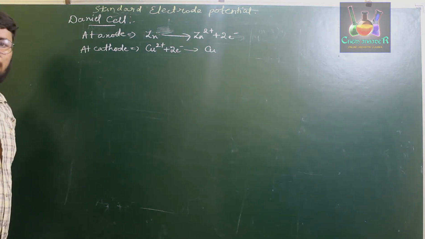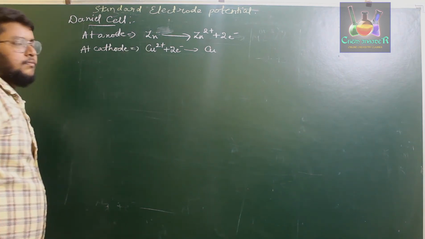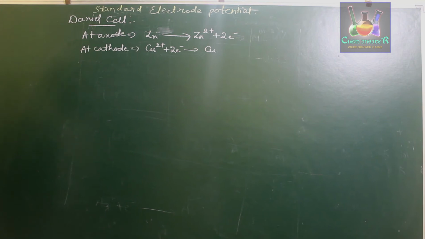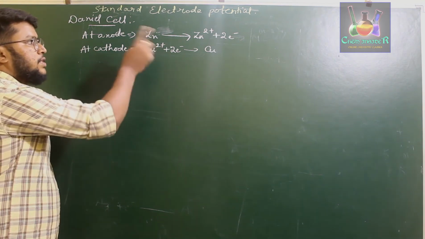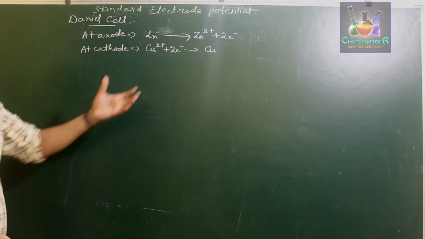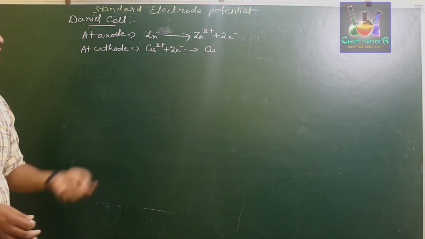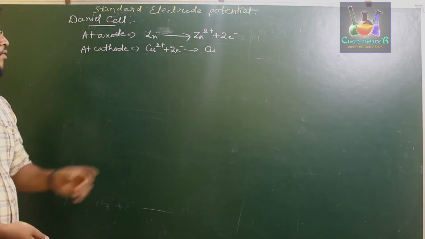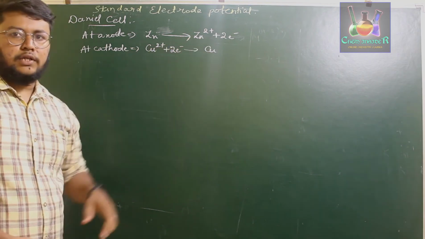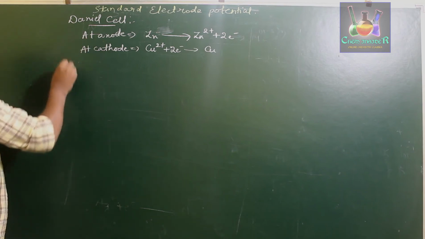Now if you write the Nernst equation for this particular reaction, when you consider the Nernst equation for anodes, you need to switch the reaction in the reverse direction. That is because it is a standard reduction reaction. So for a Daniell cell, or if you are considering an anode where Zn is forming Zn2+ and 2 electrons, you need to switch those reactions.